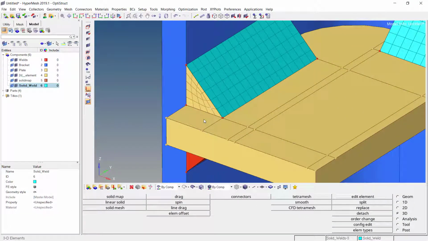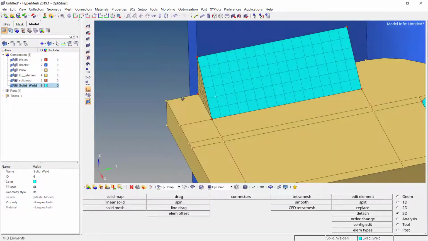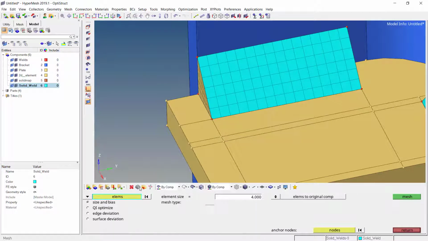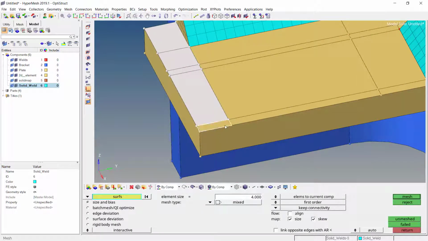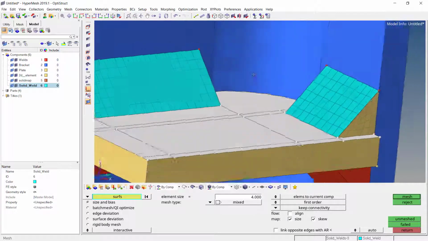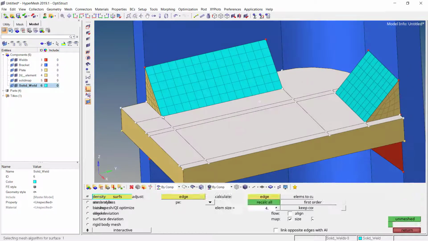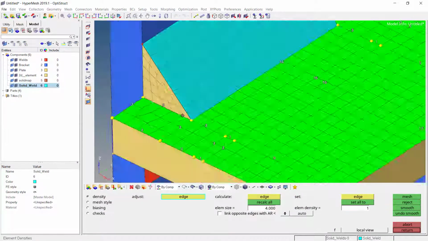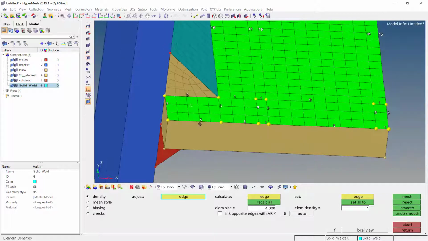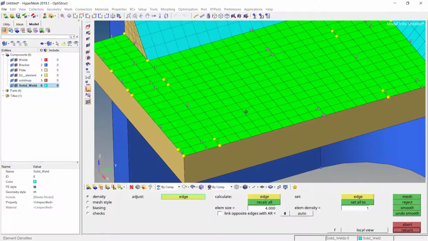Now let us try to mesh the plate and see how the connectivity has to be maintained. So you can start over here. Simply go for auto mesh and try to select the surface. Once all the surfaces have been selected, simply press middle button. Now here we have to observe the mesh very carefully because adjacent to the welds there should not be a tri element. Now here it looks perfect.